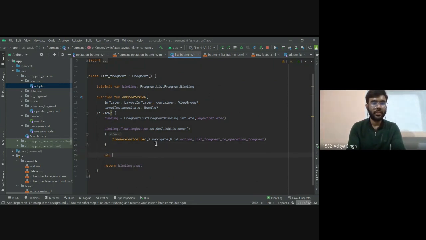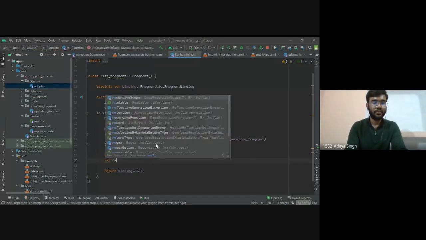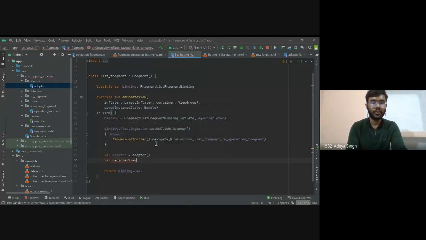First we will make a variable which will hold the adapter. Write val adapter equals Adapter. And for the RecyclerView, we create another variable. RecyclerView equals binding.recyclerView. Okay, so this is done.